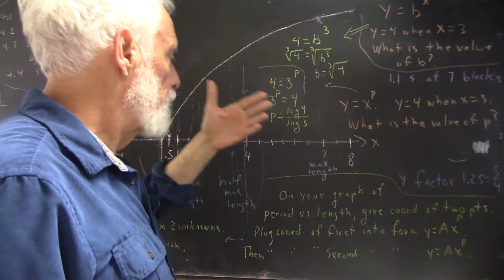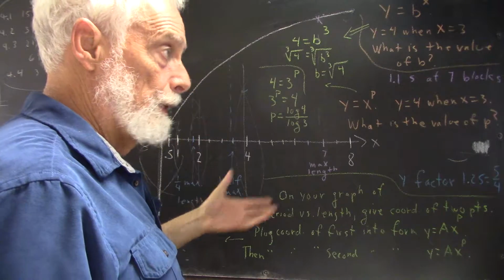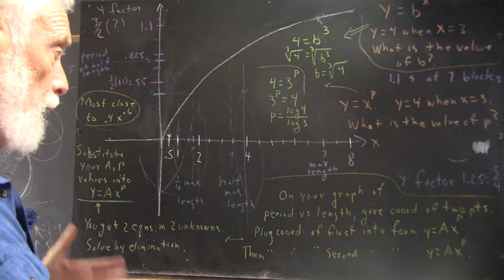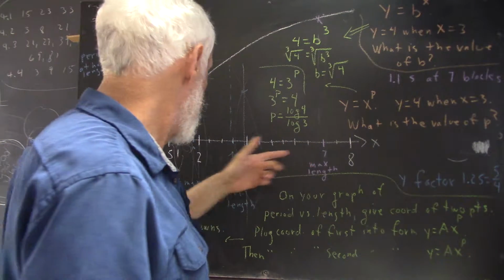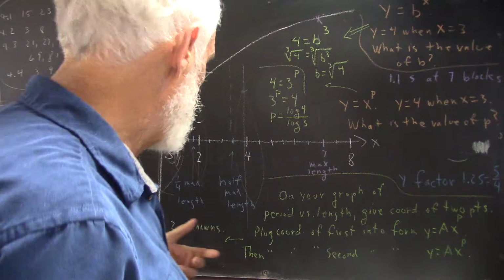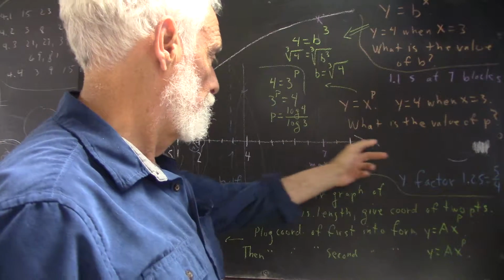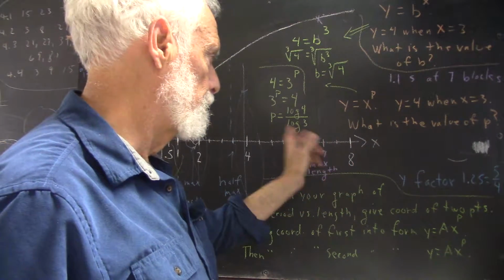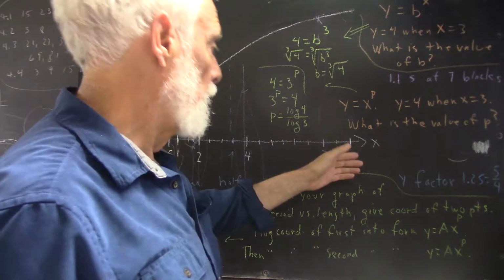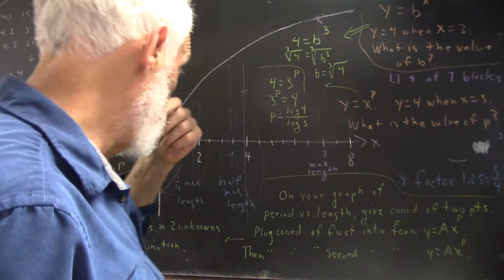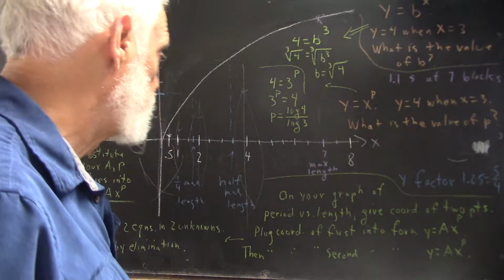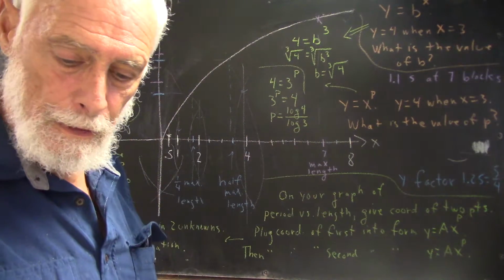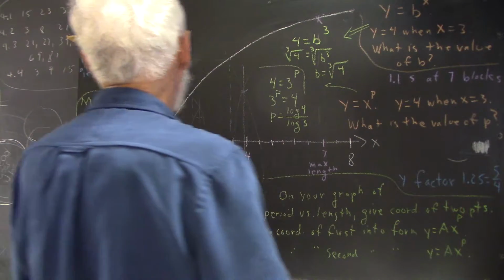Okay, now this isn't actual data from an actual pendulum. This is a demonstration. You should have your own data from the actual pendulum, and you can graph it accordingly. I chose to make the labeled part of the x-axis 8 units long, where x is in blocks. And I could have put that down here. So I could say x scale is in blocks,